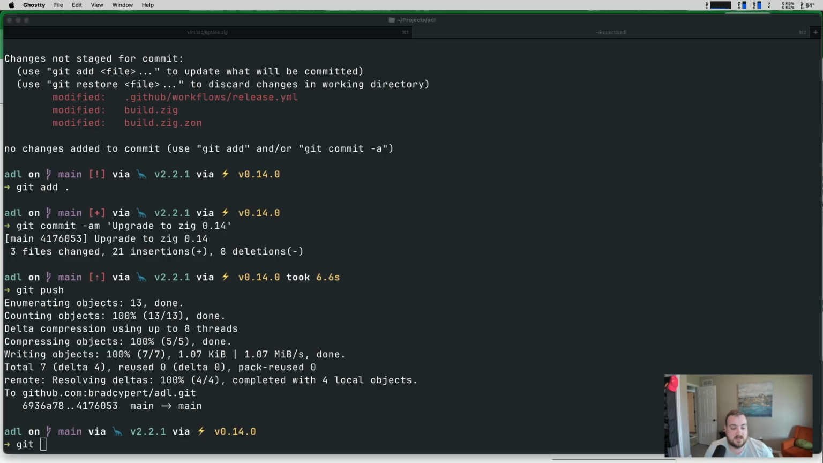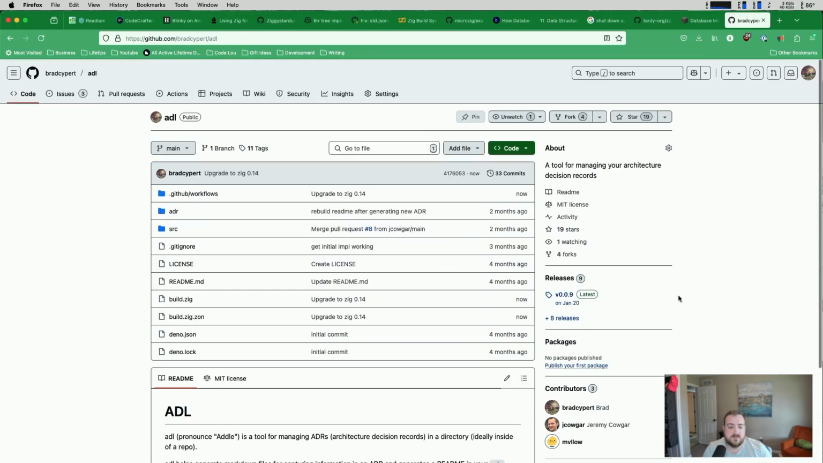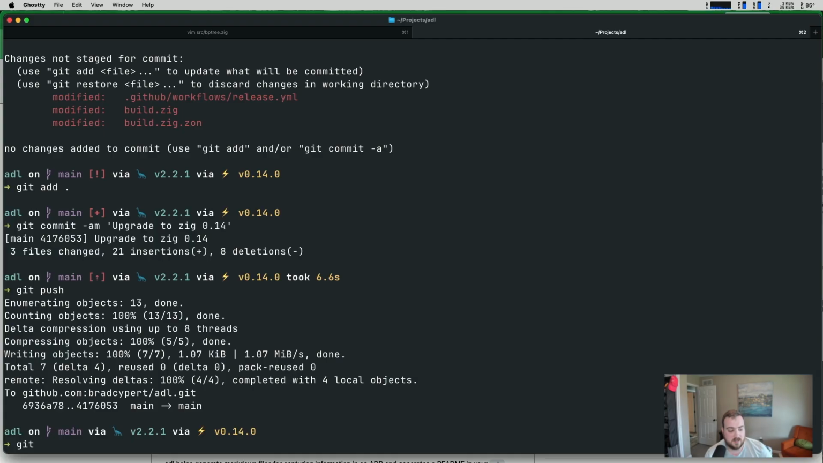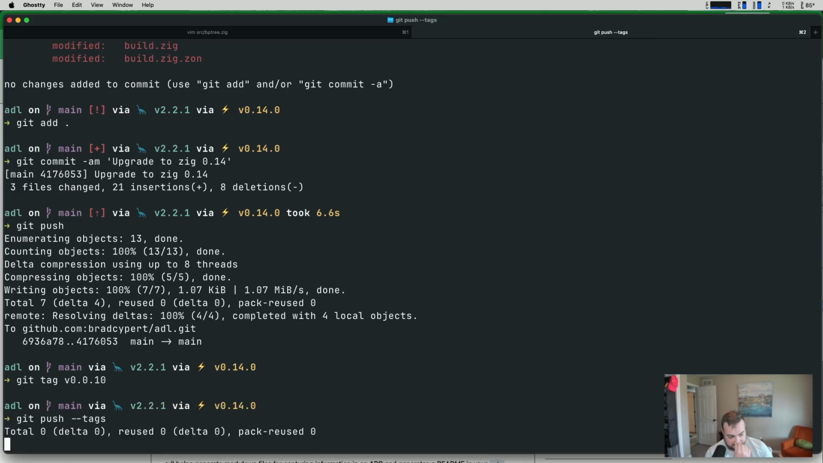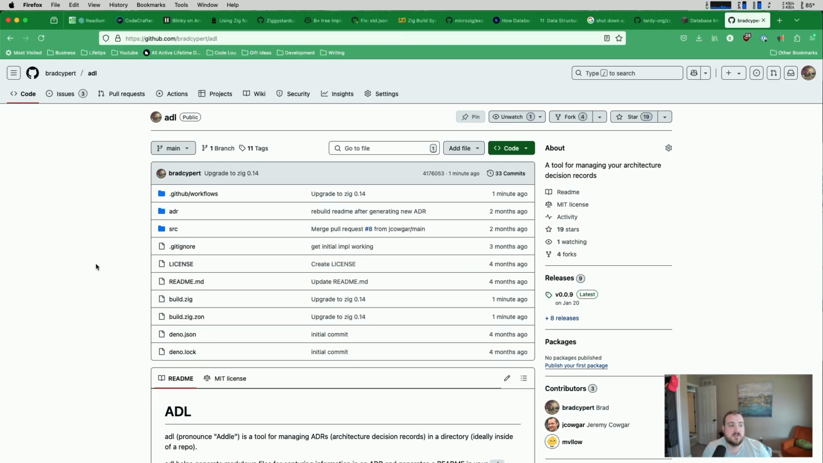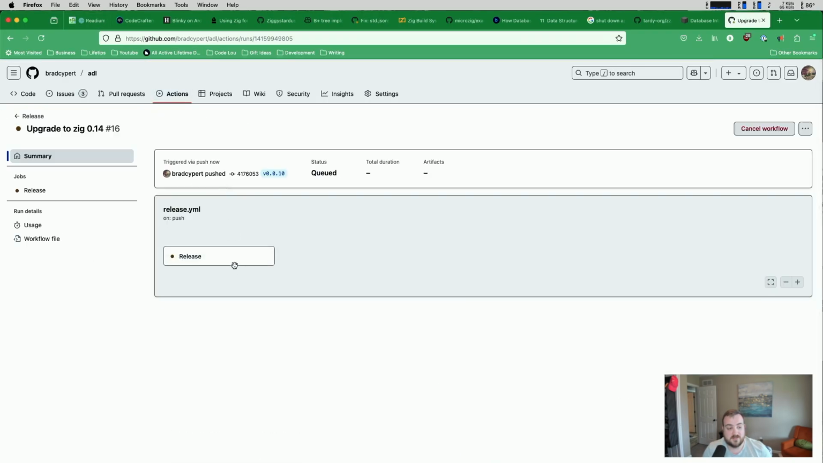So I actually don't remember what the tag format looks like for this project, so let's find out. v0.0.10. So we've got v0.0.10. We can push tags. Let that push. That should have kicked off this action, and let's watch and see if this action does what